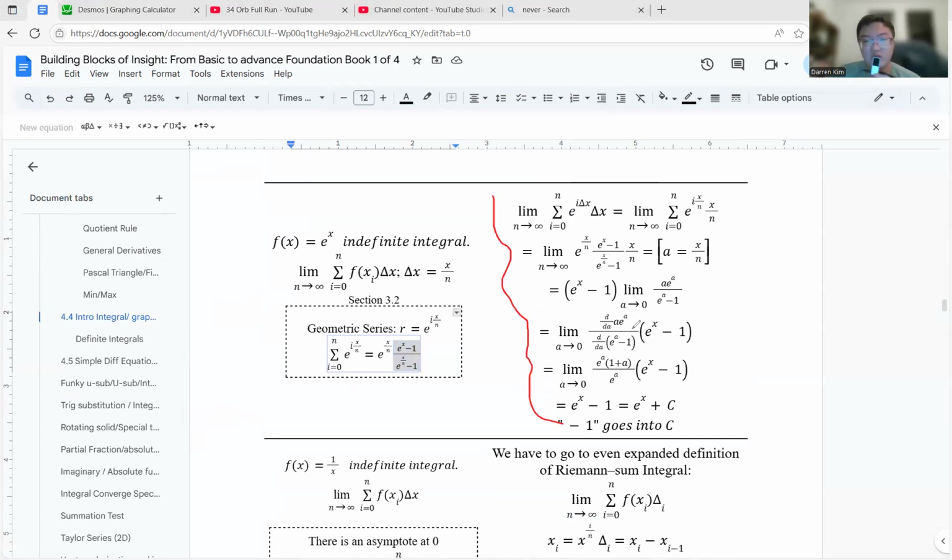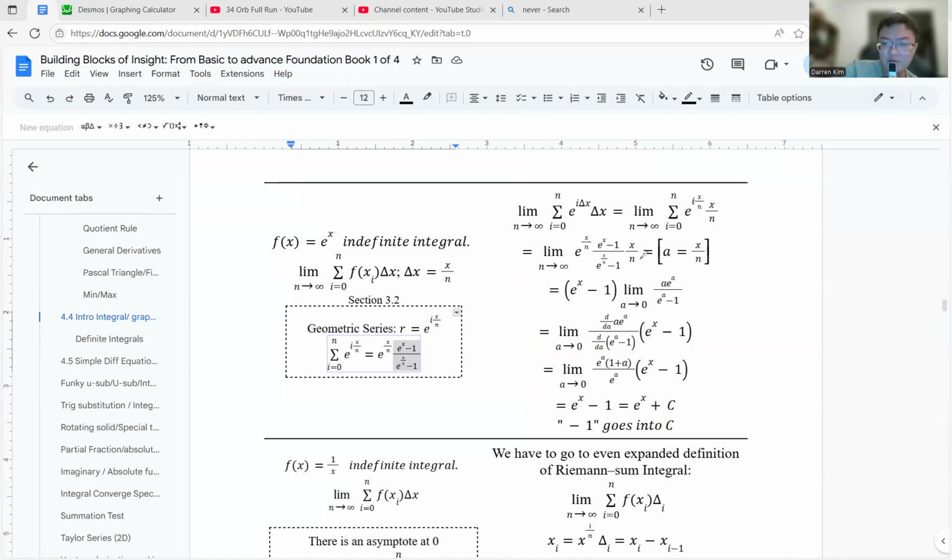It's just for the Riemann sum for now. Later on, it can also be for Taylor series and the ratio test, but for now, it's for the Riemann sum. So with a lot of algebra, you can figure out this format over here, which goes to e^x. And over here is a really interesting thing. This is a constant, so we can move it to C. C is a constant too, and C is a general constant, so this constant doesn't matter.